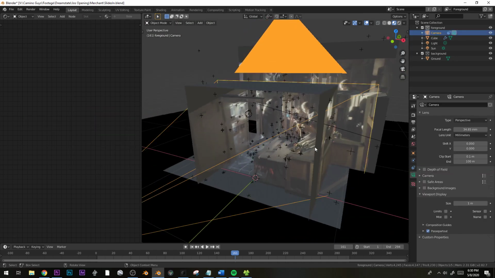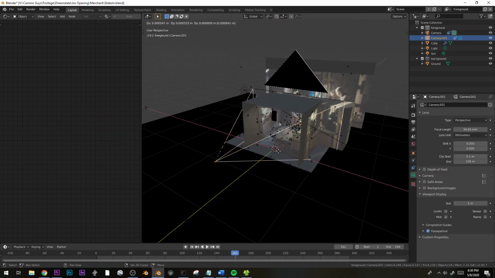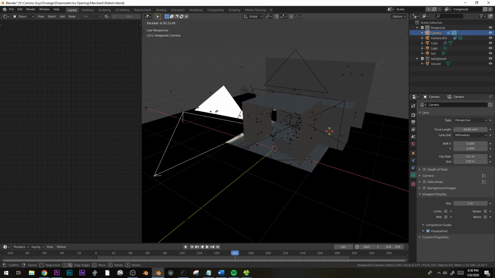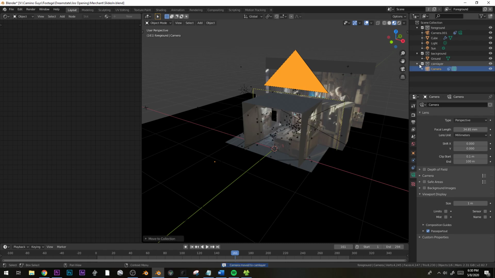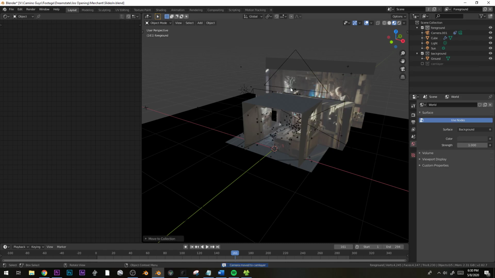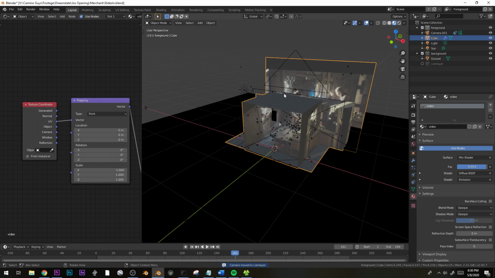So what I can do now, I'm going to duplicate this, and I'm going to select the original camera. That's the one that's doing the projection here. And I'm going to put it on a new layer. This is going to be cam layer. That was a bad name, but turn that off. And now we have another camera that still has the